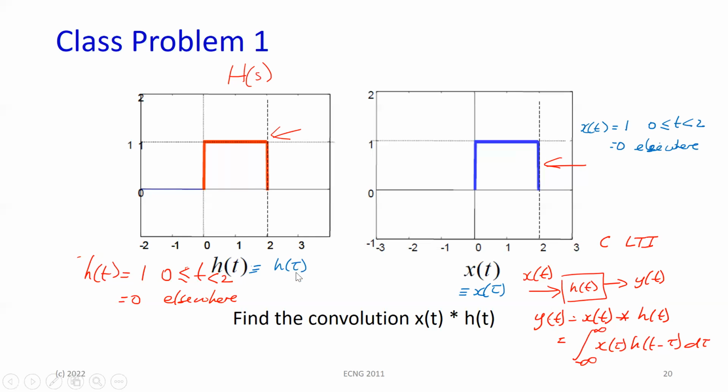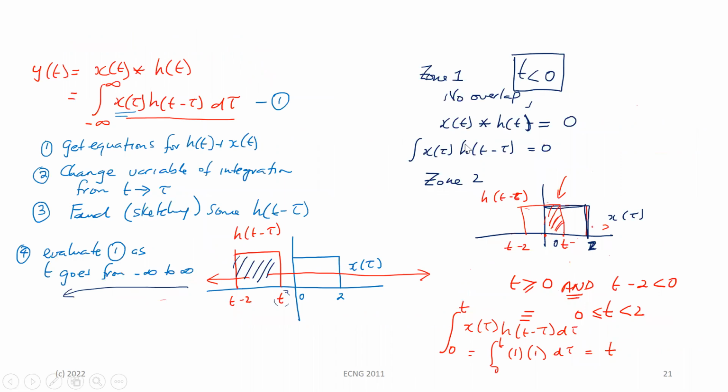And as we said, if I change the variable, h of tau is the same thing. x of t and x of tau will be the same thing. So x of tau is 1 between 0 and 2, and h of t is 1 between 0 and 2. Right? So when I come back here now, x tau is 1,